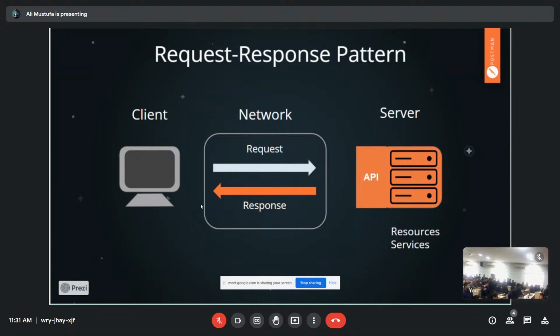So it's a very simple method. Send a request, receive a response. Very simple. So how do you send a request? Obviously over a network. Like, how will you send it otherwise? Now can that network be the internet? Yes. Can that network be a local network where you are connected right now? Yes. Okay.